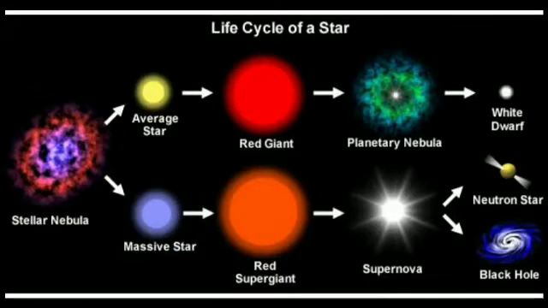Now let's learn about the life cycle of stars. Contraction, expansion and rise in temperature bring about changes in stars over a long period of time. Accordingly, the stars are called sun-like ordinary star, red giant star, red dwarf, massive star, red supergiant star, white dwarf, neutron star. So you can observe it on the screen. The life cycle of stars diagram is shown to you.